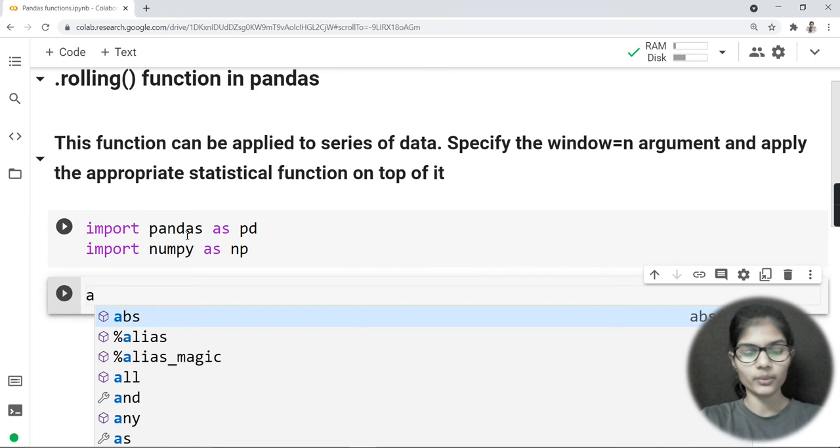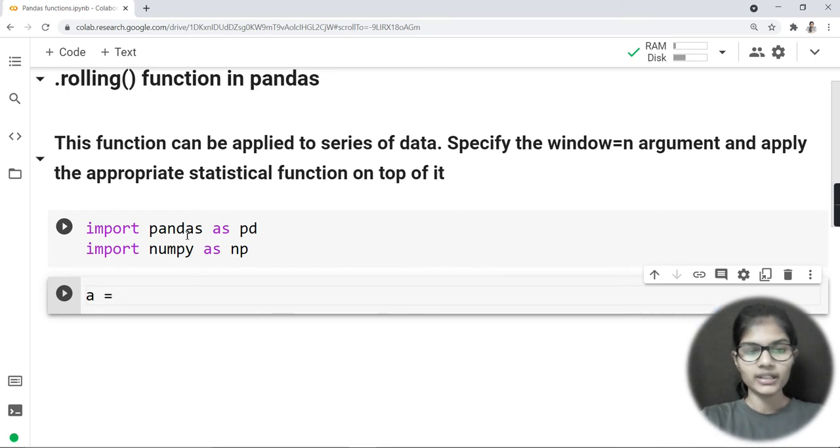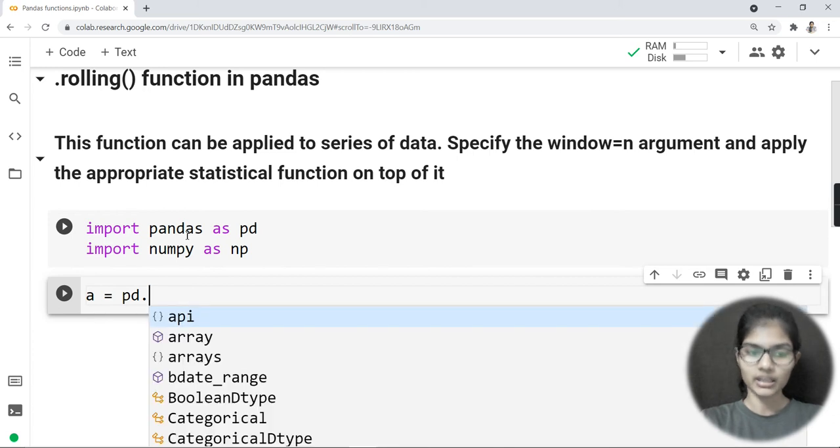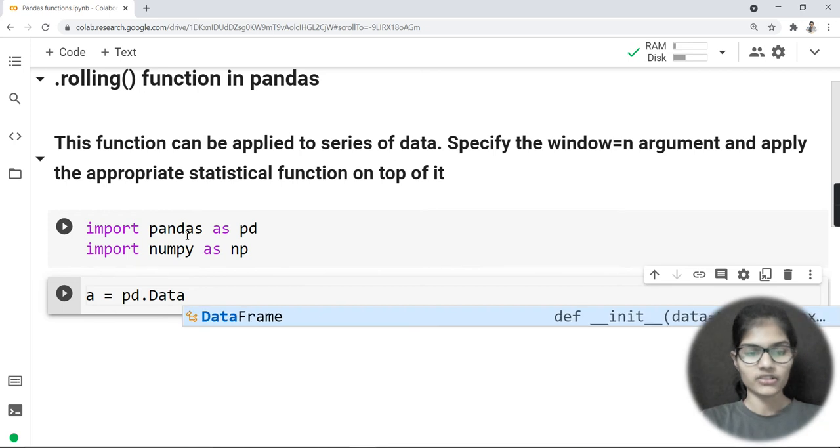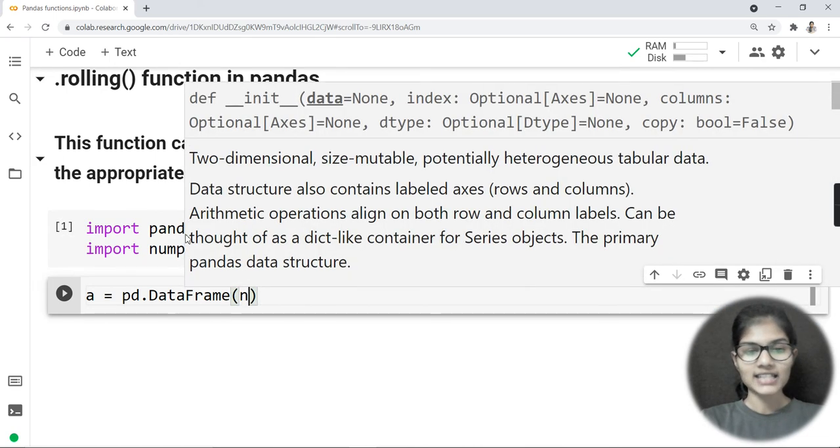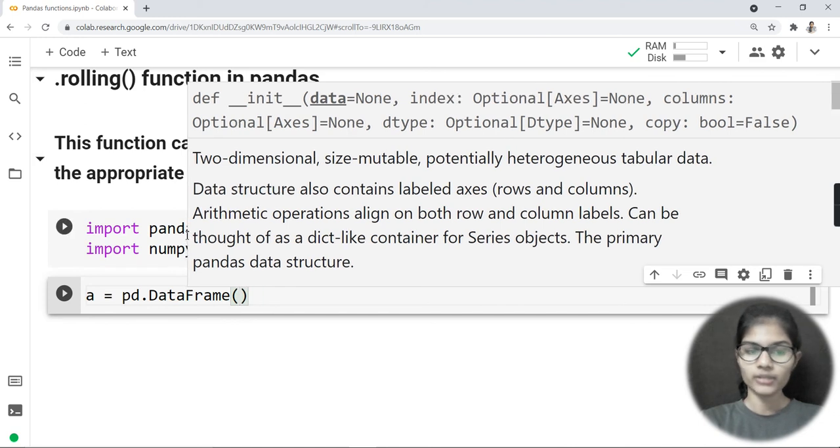So here let's say I just take a variable. Let's say the name of my variable is a. After that, what I'm going to do is define my data, right? That will be done only through the pandas library, correct? So in that case, I use the short form for my pandas library and that is pd here. Now I would use my function and that is DataFrame. DataFrame is one of the functions that is used to define the data on your own. Bracket.